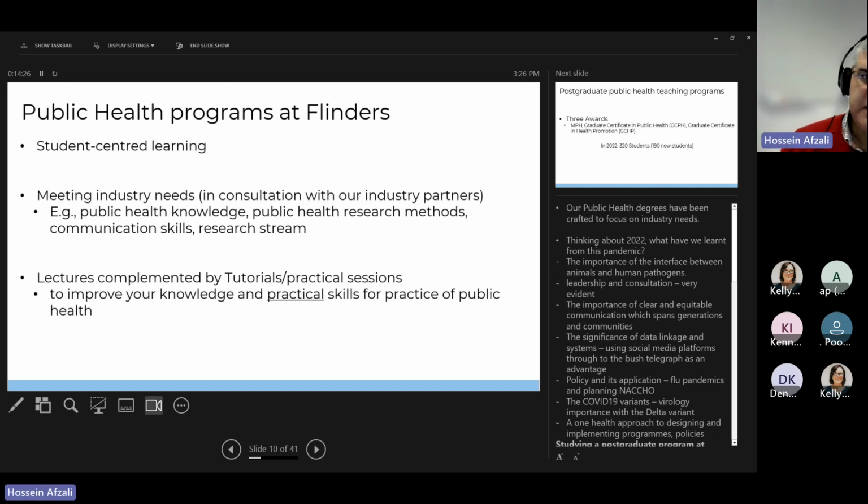And this is one of the principles here in public health. What does that mean? It means that we always listen to students. We always provide support for students. And as evidence, we actually have 2 student reps this year, and they